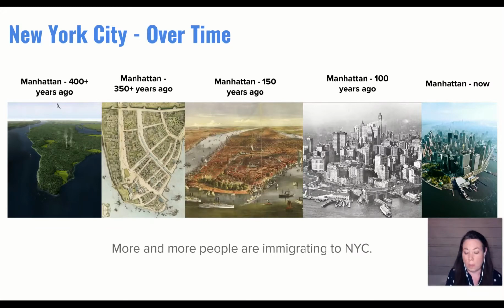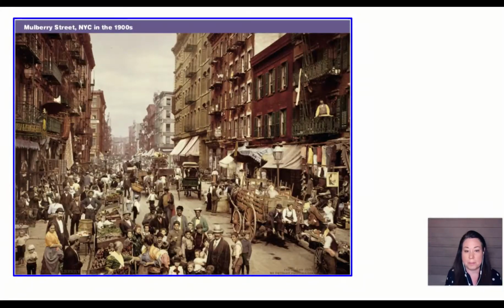So let's look at a primary source, which is a photograph here. And this is Mulberry Street in the 1900s, it says here in the title. Look at how crowded this street is. Look at how tall the buildings are. There's people living higher and higher, so there's many, many more people here. There are people walking in the street. There's horses pulling carts. Here's a horse. There's a horse. And it's trying to get all these things around town. Very crowded. How do you get there without it taking a really long time?